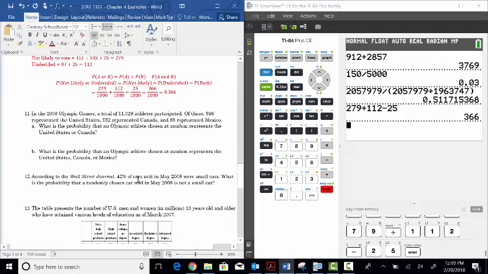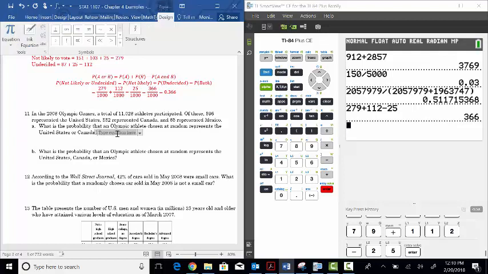Next, in the 2008 Olympic Games, a total of 11,028 athletes participated. Of these, 596 represented the U.S., 332 represented Canada, and 85 represented Mexico. What is the probability that the Olympic athlete chosen at random represents the United States or Canada? If I add the United States, 596, plus Canada, 332, and divide it by my grand total of